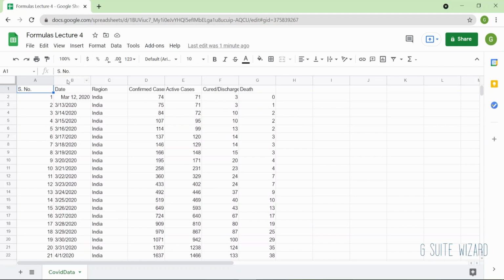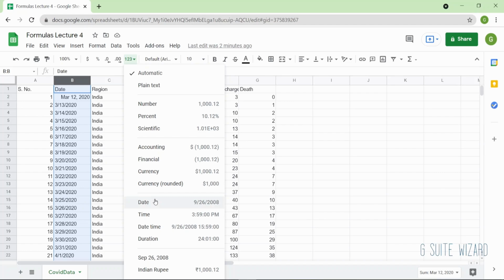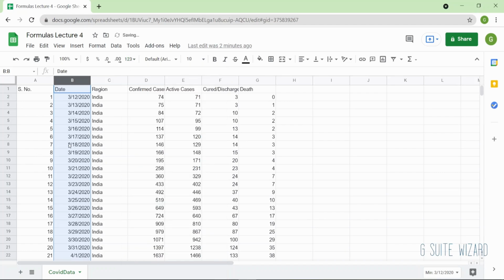All right, so let me just select all of this, go over here and put it all in the same format. Right, when I clicked on date, as you can see, all of them have turned to month, day and year format, and all of them have come to the right side. So that is with the split and join function. Let me just reiterate what join does and split does.